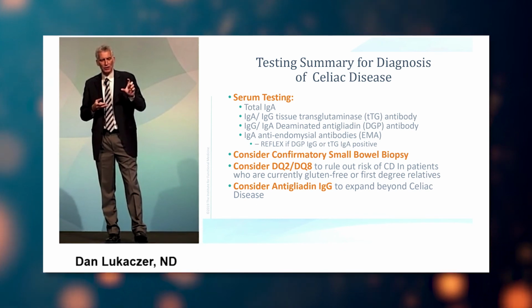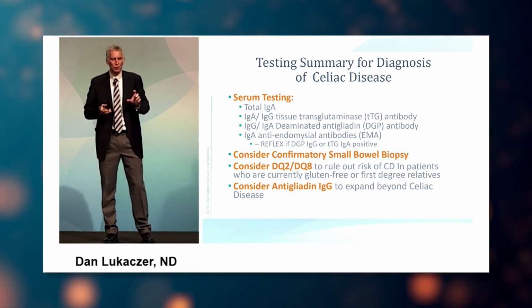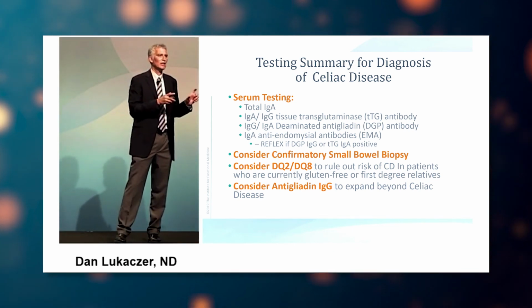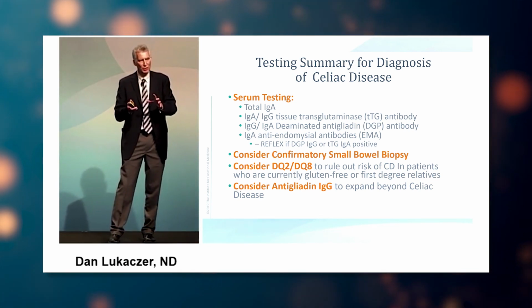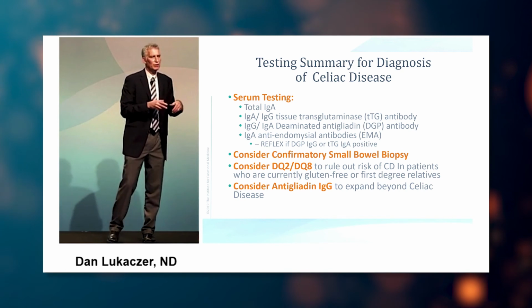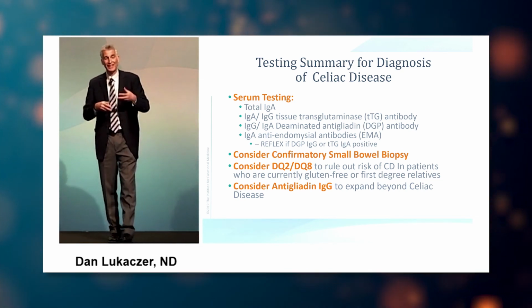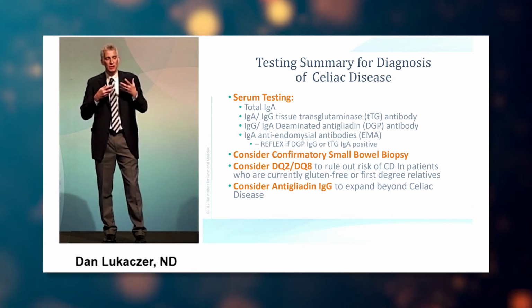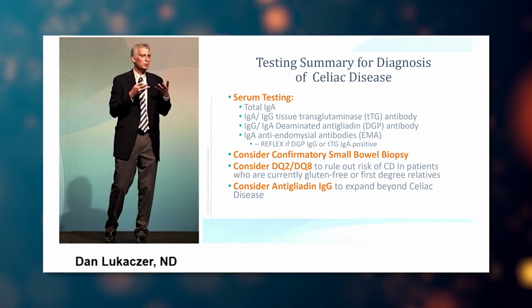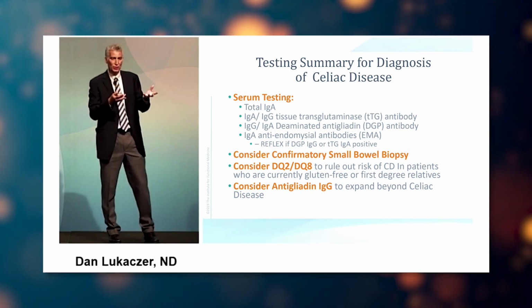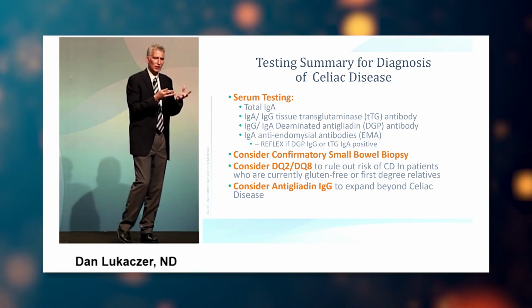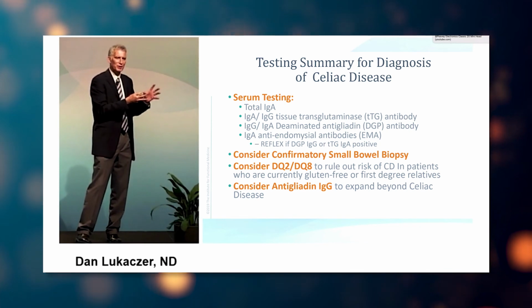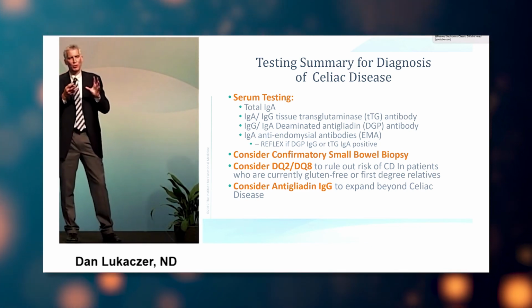I use DQ2 and DQ8 to rule out the risk of celiac disease in patients who are currently gluten-free and don't want to go back on. If they're currently gluten-free, you get a DQ2, DQ8, and they're negative, then they're never going to develop celiac disease. So if they are exposed inadvertently and still don't do well, they probably have non-celiac gluten sensitivity, but again, I think that's a total loaded effect. So if they're exposed inadvertently, you don't have to worry